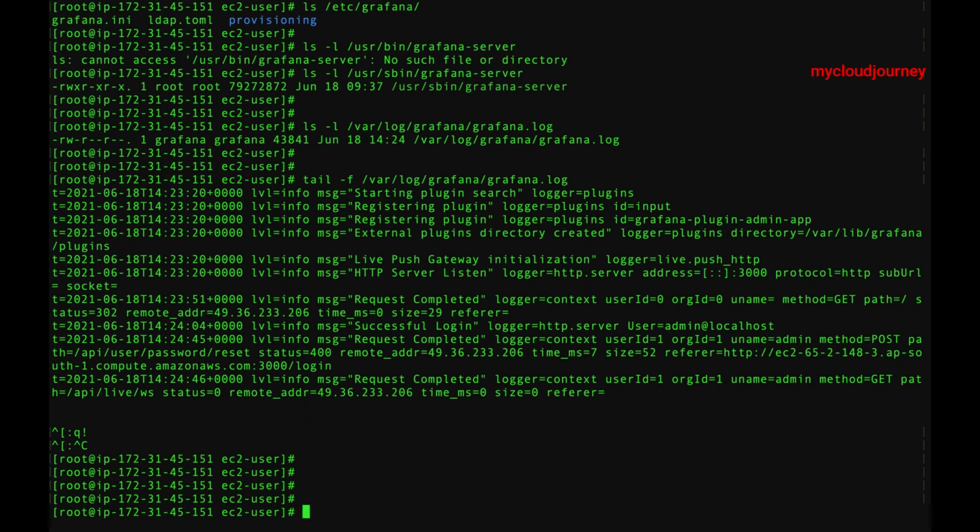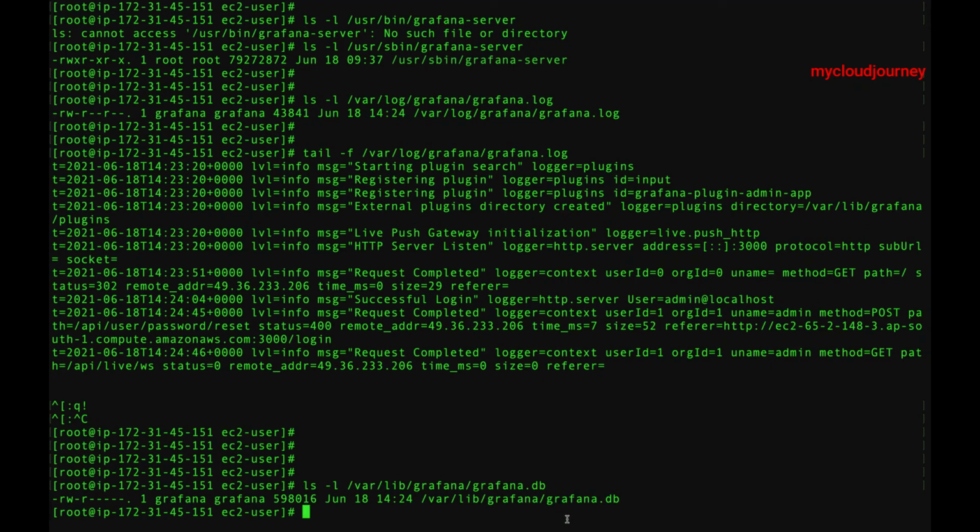Okay, one more important point here. Let me show you where the database lives: /var/lib/grafana/grafana.db. So this is the database for Grafana, which is a SQLite database. For development or for learning and testing, this is fine.